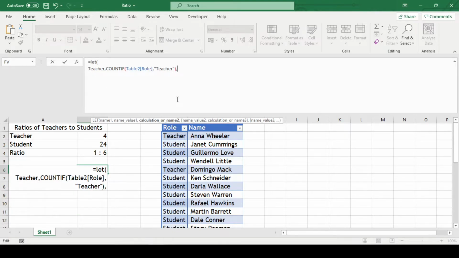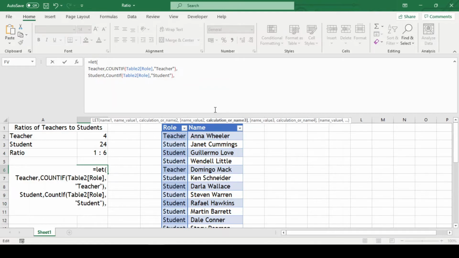Now we'll press Alt Enter for a new line. Similarly, we'll do it for students. Student, comma, COUNTIF, open parenthesis, Table2 role, comma, open double quotes, student, close double quotes, and close parenthesis, comma. So this has stored our COUNTIF formula in the student name as well. Now we'll press Alt Enter for a new line.